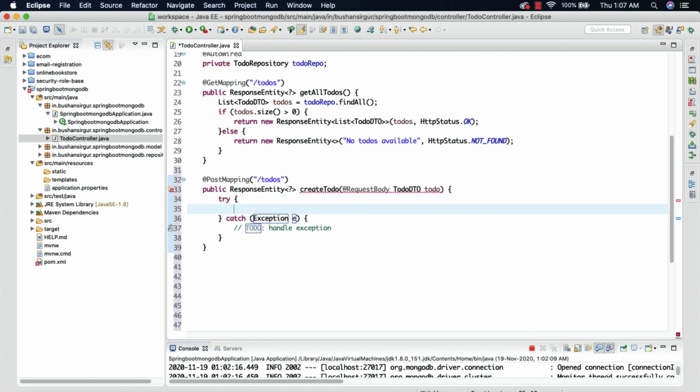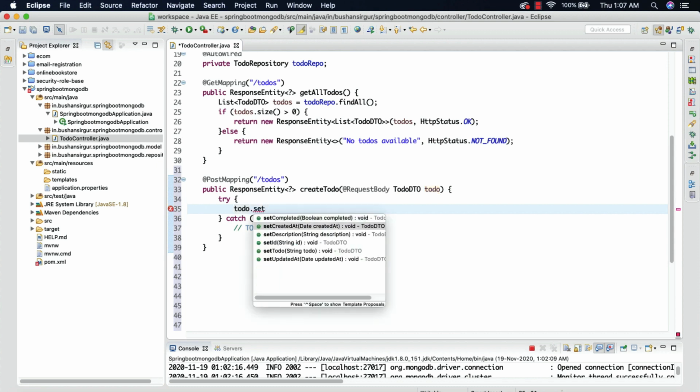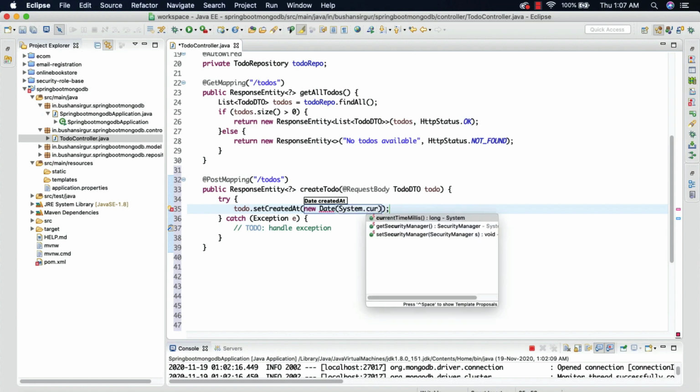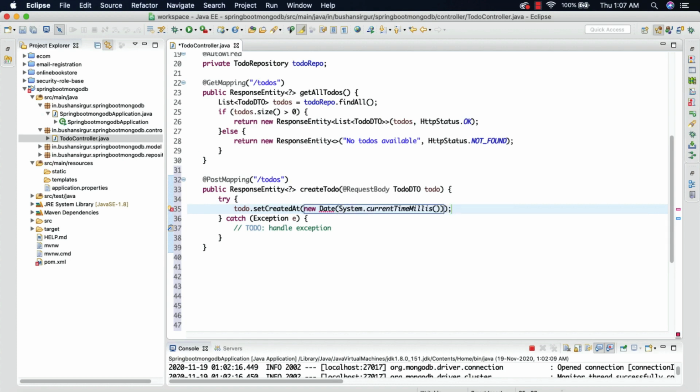Inside the try I'm going to make use of the todo, because we need to set the createdAt timestamp. So we're going to use todo.setCreatedAt, and use the Date constructor, and to this constructor we pass System.currentTimeMillis.